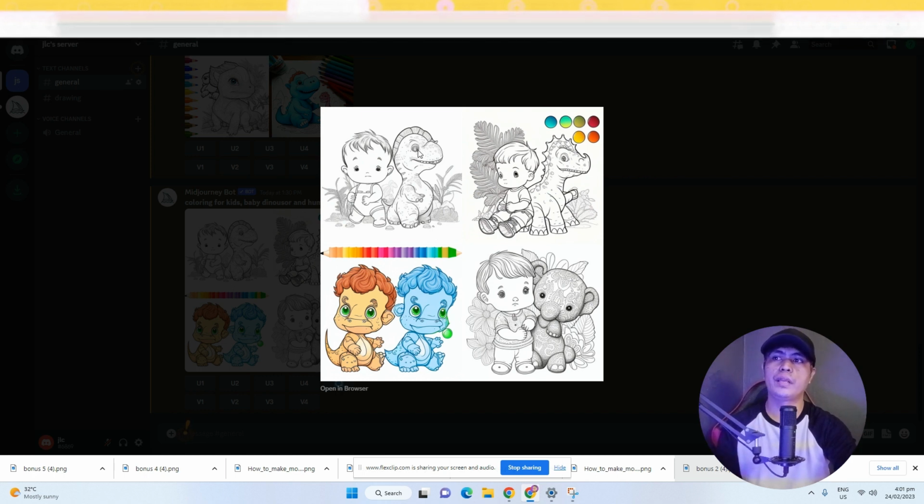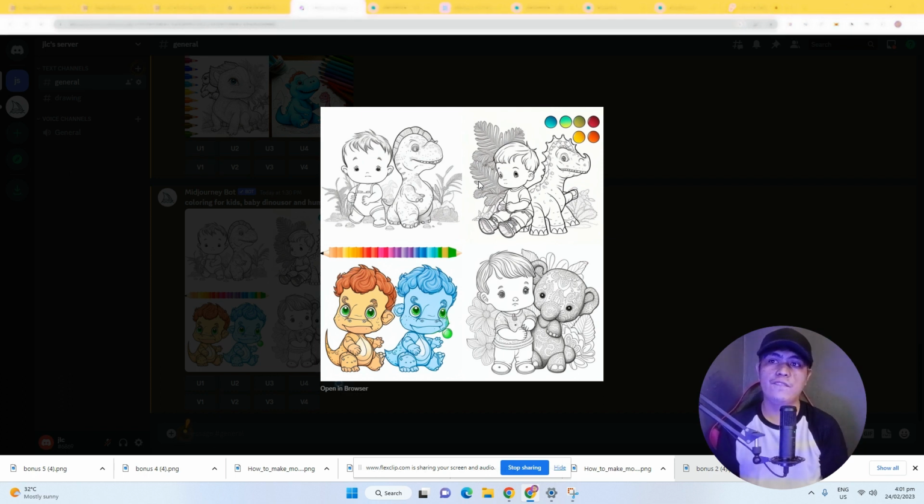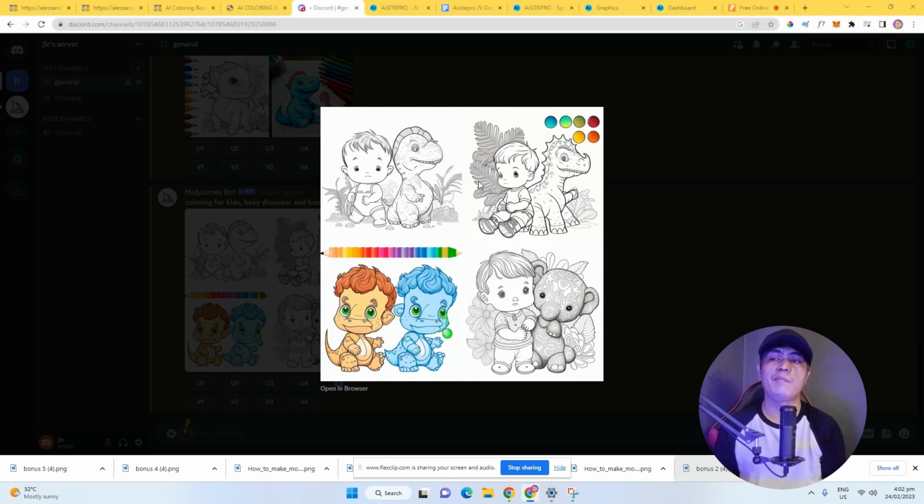I'm able to generate these beautiful coloring books using AI, which is really powerful. And you can monetize this in different places. You can sell this on Fiverr, Etsy, or eBay. There are so many marketplaces out there where you can sell these coloring books and make money,